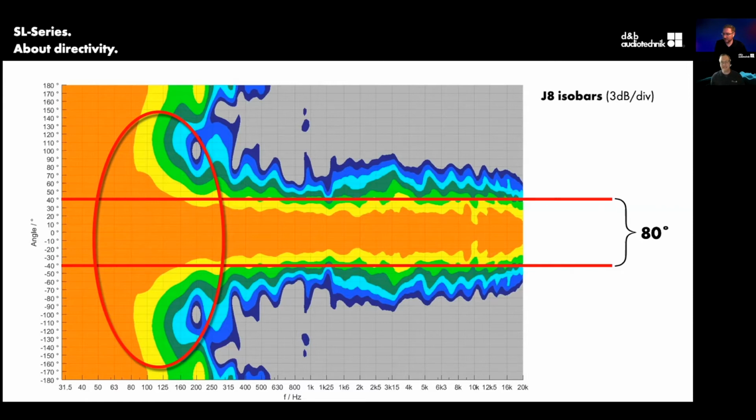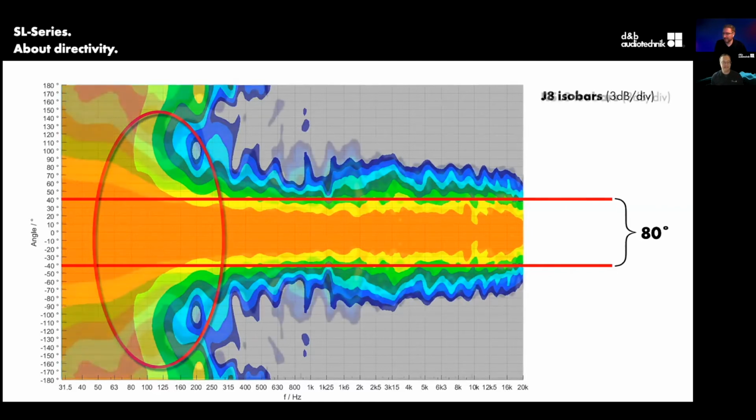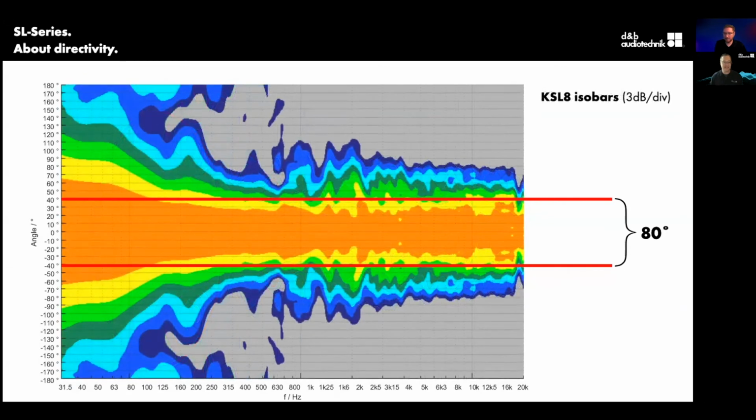So if we're going to talk about the SL series, and as that line showed, having directivity down to the lowest octave, now that we're familiar with isobars, how does that look, right? And here's where it is. So this is the KSL 8, showing that directivity of 80 degrees down to the lowest octave. It actually widens out a little bit on purpose for two reasons. They were looking to make sure that we had a lot of headroom in the LF, and so they were able to widen it out just a little bit to give us some of that back, as well as being able to pair with ground subs a little bit better. But take note that this is just an isobar of one cabinet. So as we add more to the length of the array, this is only going to clean up that much better. So how did they do it?